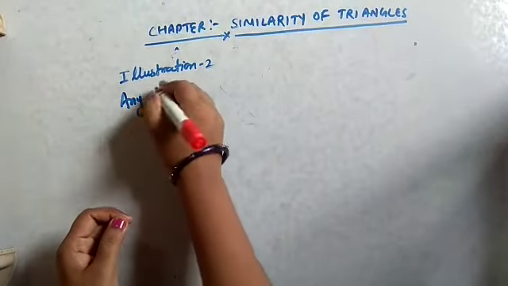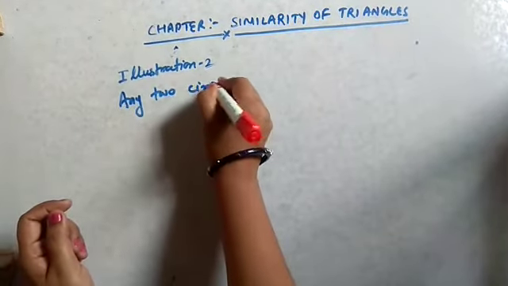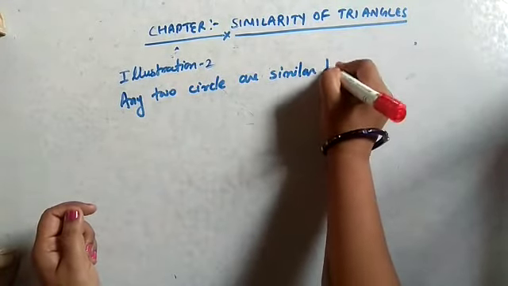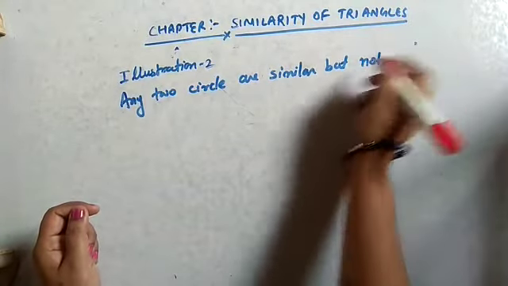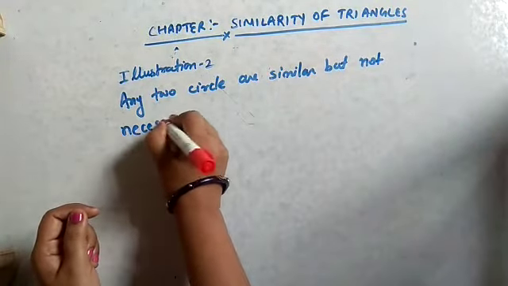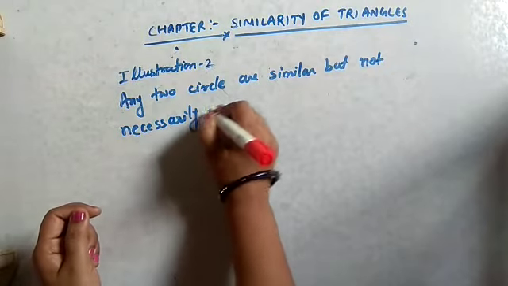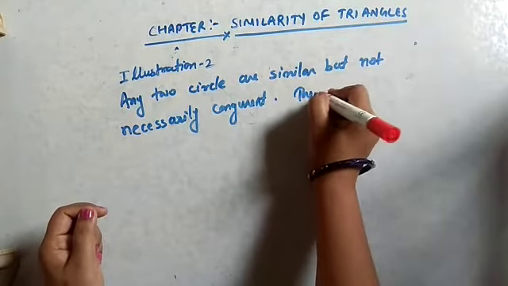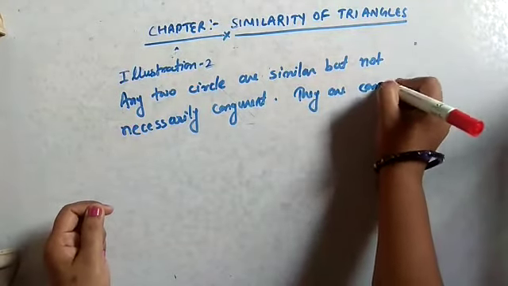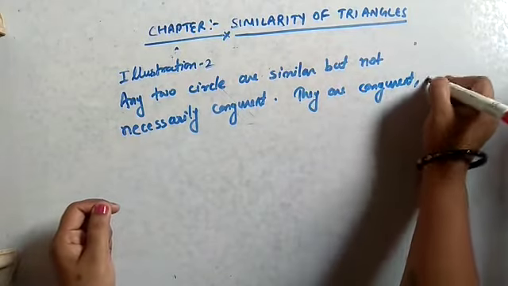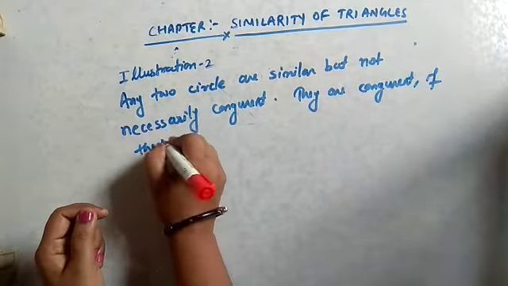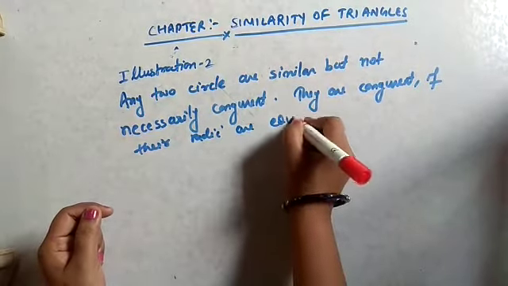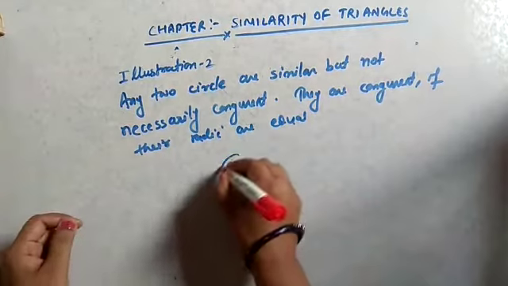Any two circles are similar but not necessarily congruent. They are congruent if their radii are equal. Okay, if we have two circles,